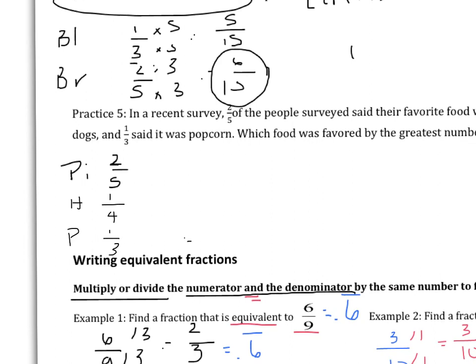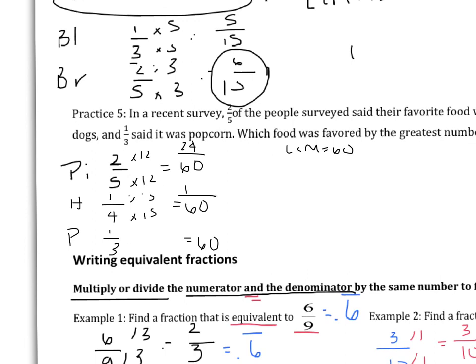Okay, we should have gotten 60. So we want our LCM to be 60. So we have to ask ourselves, okay, if I want to get 5 to become 60, what do I need to multiply it by? I need to do 5 times 12, so I'm going to multiply the denominator and the numerator by 12. 12 times 2 is 24, so I have 24 over 60. Okay, what times 4 will give me 60? That'll be 15. So I'm going to multiply the numerator and the denominator by 15, and that will give me